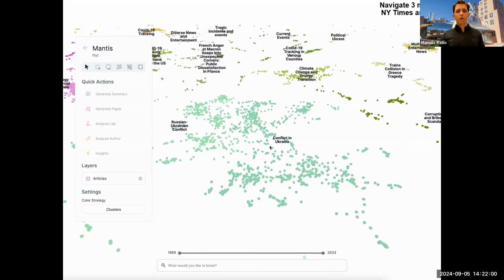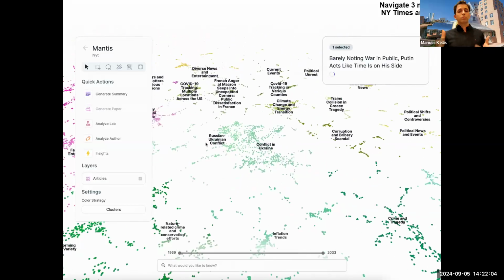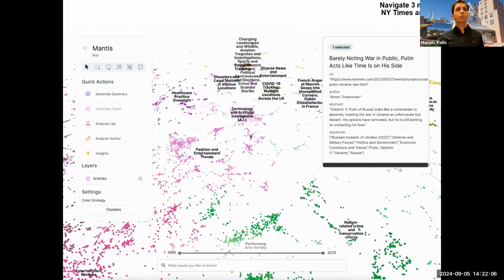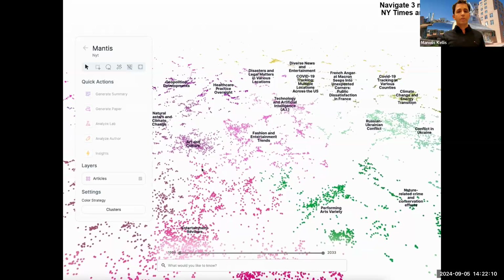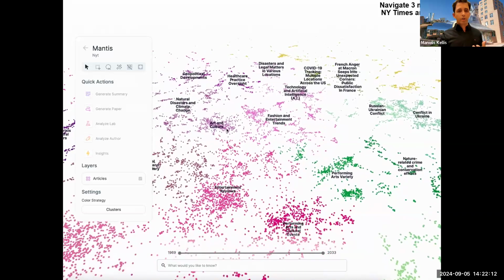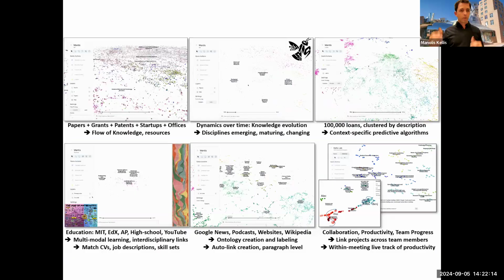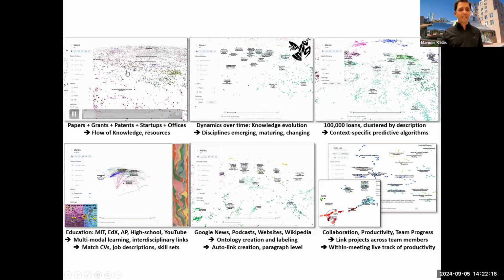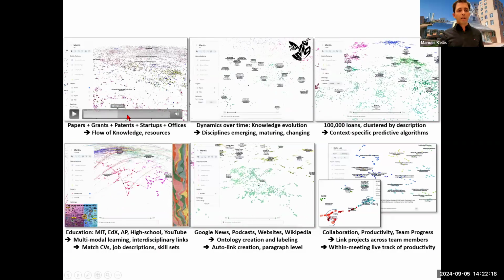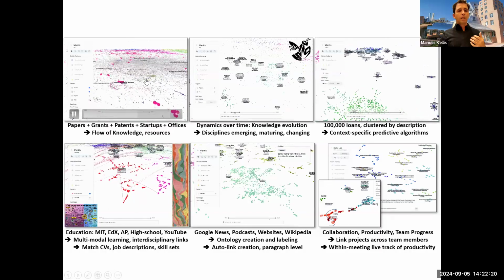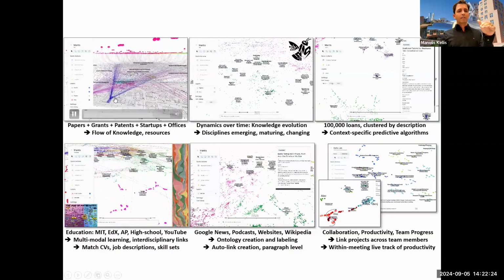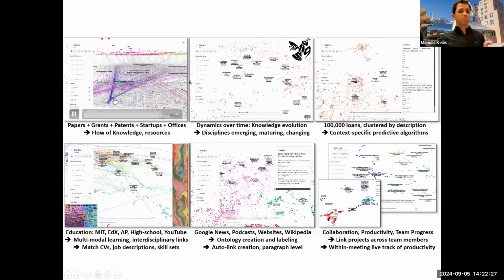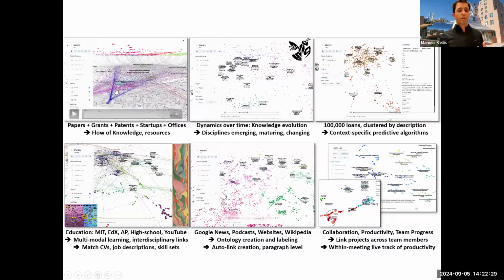This is for 3 million articles of the New York Times, where you can now, instead of just asking some table of these articles, basically see the latent embedding representations of these articles. And this is with articles. You can do the same thing with all kinds of stuff. You can take papers and grants and patents from MIT and co-embed them in these latent spaces, where you can have the grants connected to the patents, connected even to the offices in the physical space of MIT, where these are learned together.